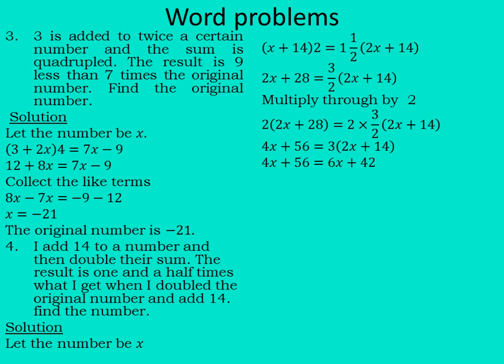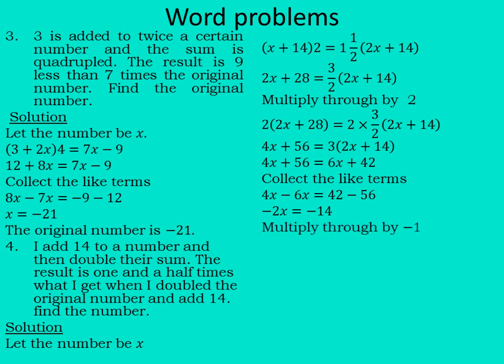So we have 4x plus 56 is equal to 3 times 2x, that will be 6x, plus 3 times 14, that will be 42. So we collect the like terms. We have 4x minus 6x is equal to 42 minus 56. So we have minus 2x is equal to minus 14, and we are going to multiply through by minus 1